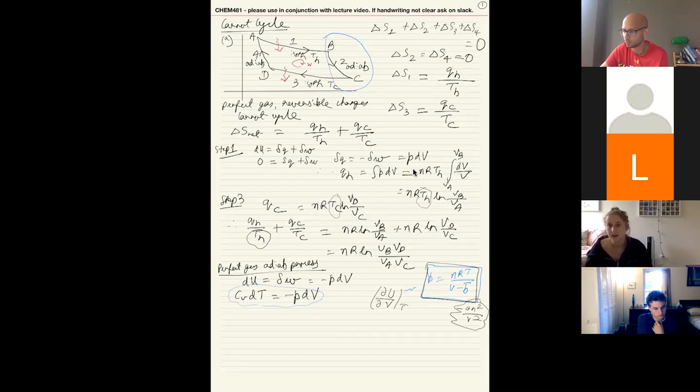So there is a physical way of looking at it, and you won't be deducted points if you didn't do that. I didn't expect that. If you did, that's wonderful. And you can do it completely mathematically by going through the Maxwell relation route, which we'll be doing in a couple of lectures. Again, not expected. If you just use this relation and said that we assume this to be true here, that's totally fine. So we have this. Let's proceed from here.